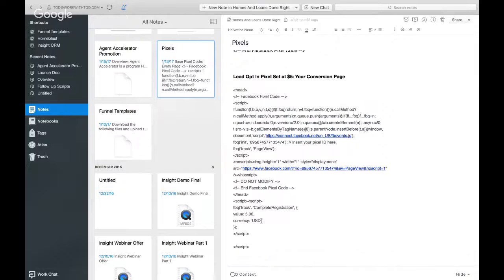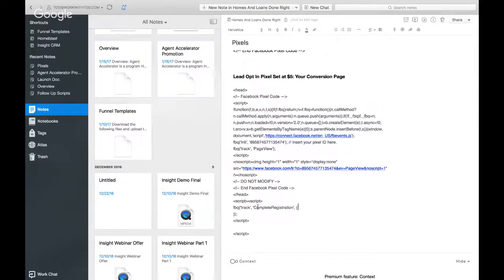So what I drop for mine is the value currency. So just the basic tracking code, which the only difference is this right here. This can say complete registration, lead. It doesn't matter which one you choose, really, to be honest, as long as you can keep track of that in the future. Because when you go to make your ad,